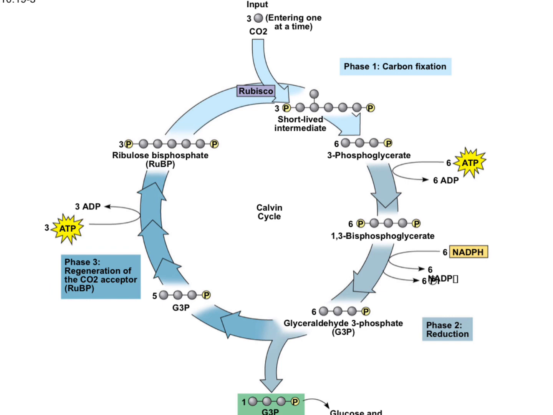The cycle actually has to turn 6 times because each turn of the cycle adds only 1 carbon. It is important to remember that the Calvin cycle is dependent